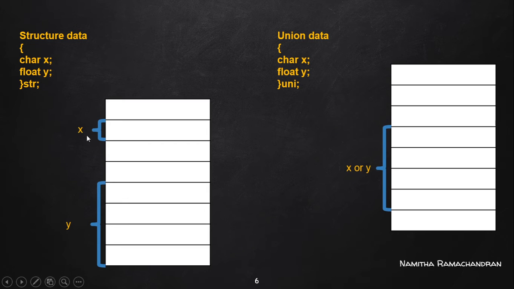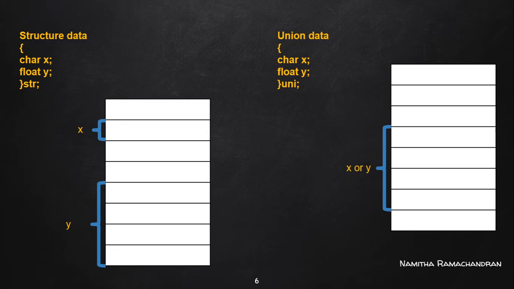Here we don't have any memory space sharing. So we can initialize both x and y at the same time, but this is not possible in the case of union, because both variables share the common memory space, and the size of the memory allotted is always equal to the size of the largest memory requirement among these two